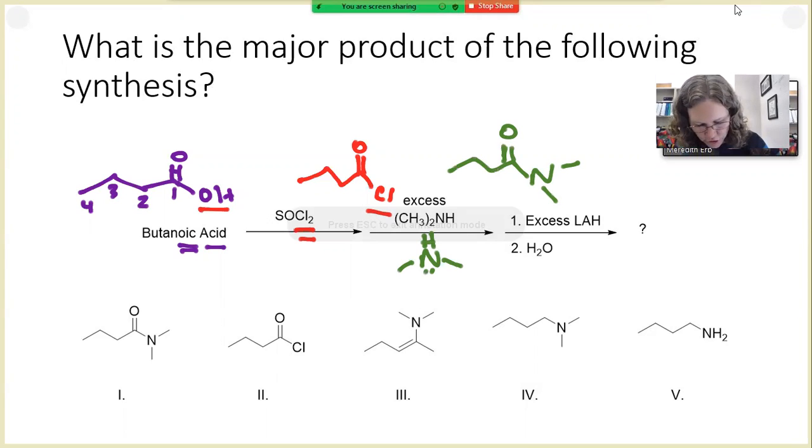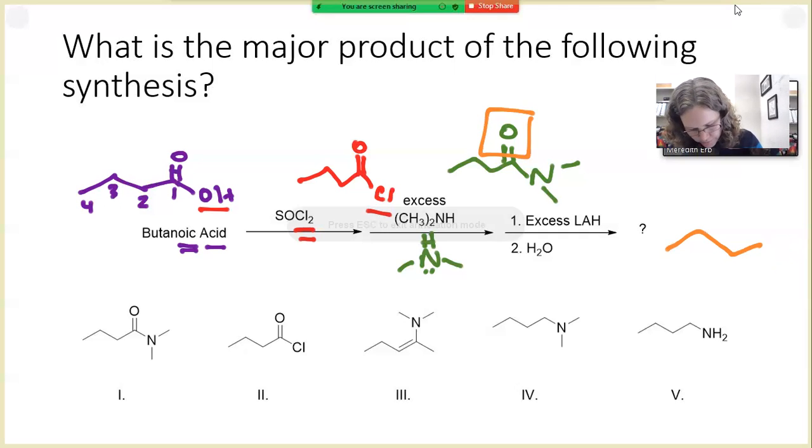The last step of this reaction is one that is very commonly confused in the discussion of carboxylic acid derivatives reacting with excess LAH. When an amide reacts with LAH, a reduction still occurs, but the key thing to remember is that we aren't making an alcohol in this instance. So the main product here is essentially going to eliminate the oxygen atom. And so our product is going to be an amine, where we have, actually, let me